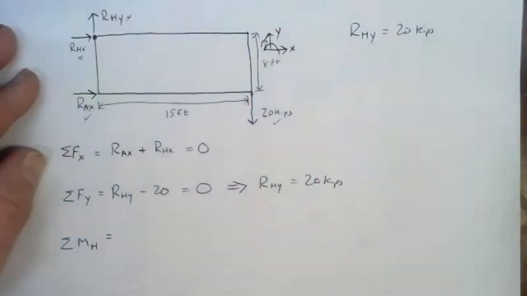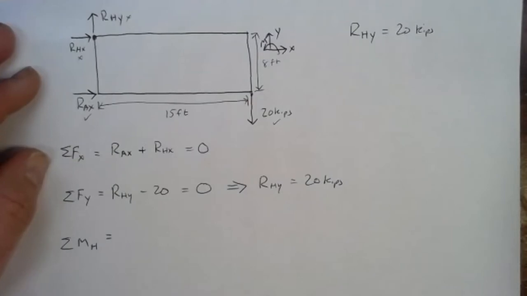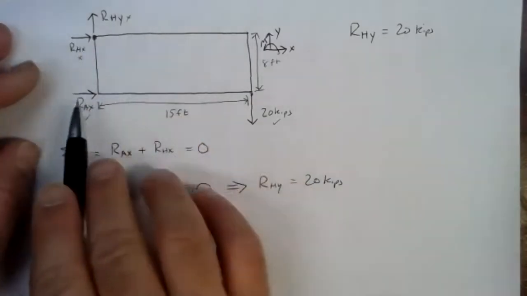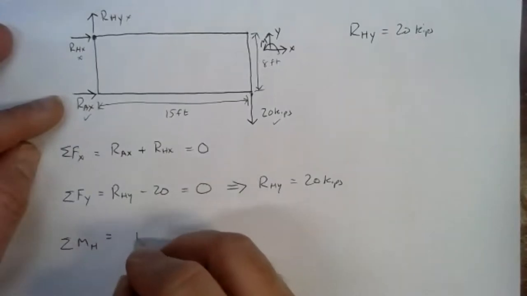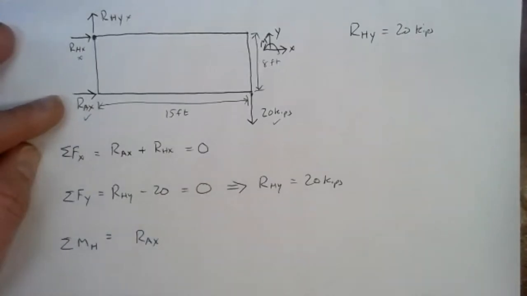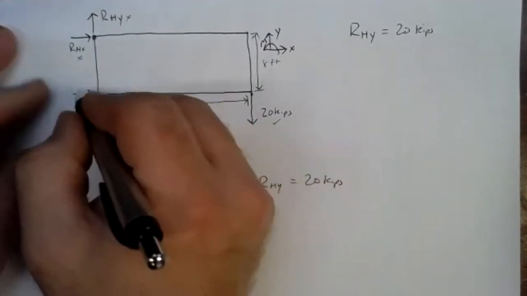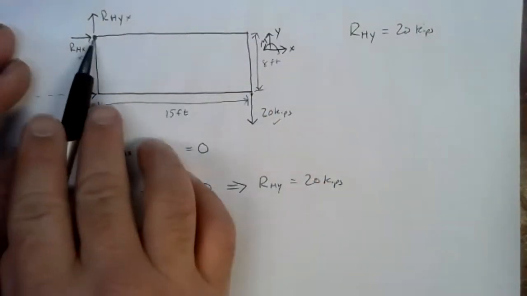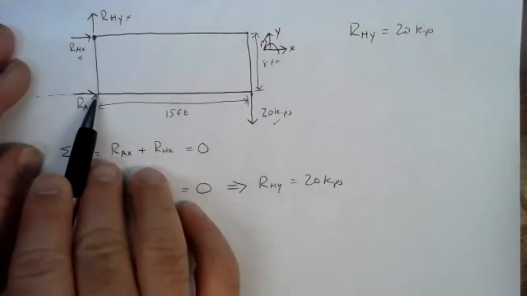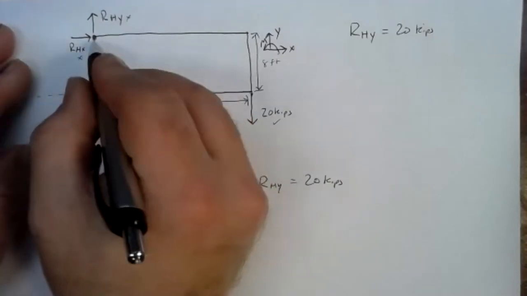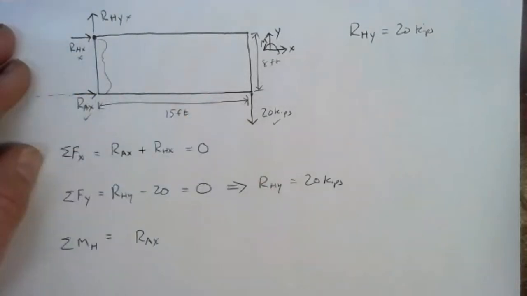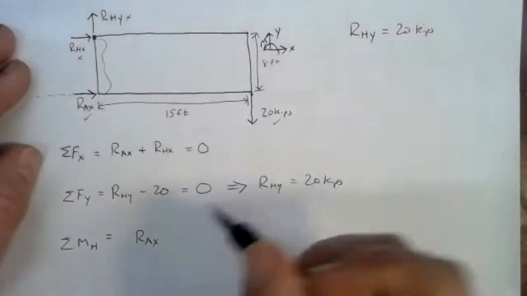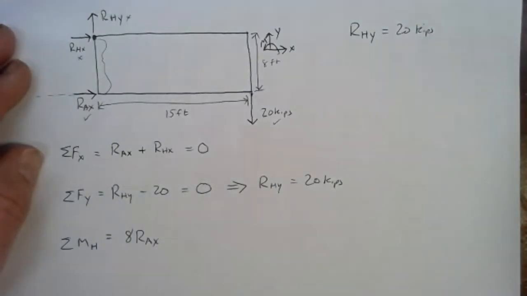That's the geometry we'll need in order to figure out our moments, because moments are always a combination of force and distance. So let's look at RAX first. RAX is definitely going to cause a moment. So we need to have RAX there, but we got to have an arm for it. The arm is the distance between the line of action of RAX and the pivot point. The pivot point's up here at H. RAX is down here, and its line of action is horizontal. So this distance is the distance that we need for the arm, and that's 8 feet. So we have 8 times RAX.